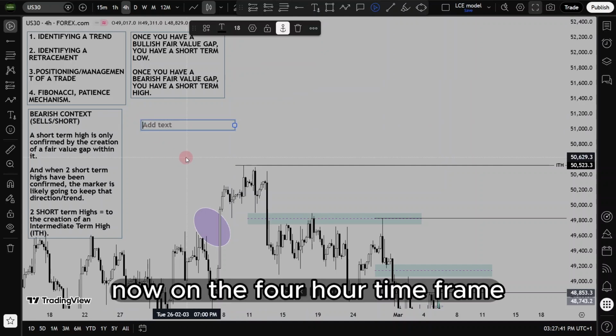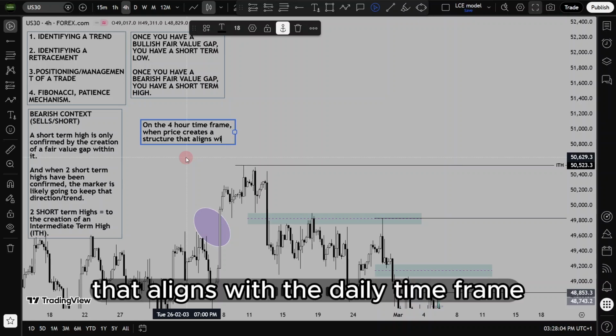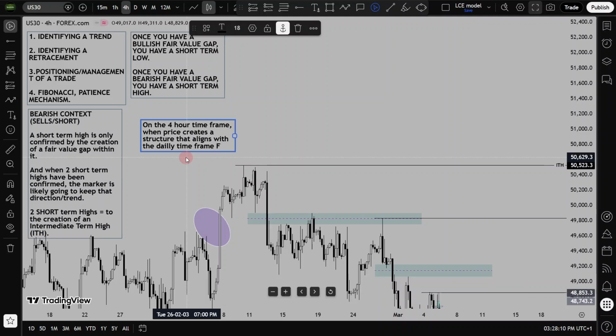Now, on the 4 hour time frame, when price creates a structure that aligns with the daily time frame FVG,